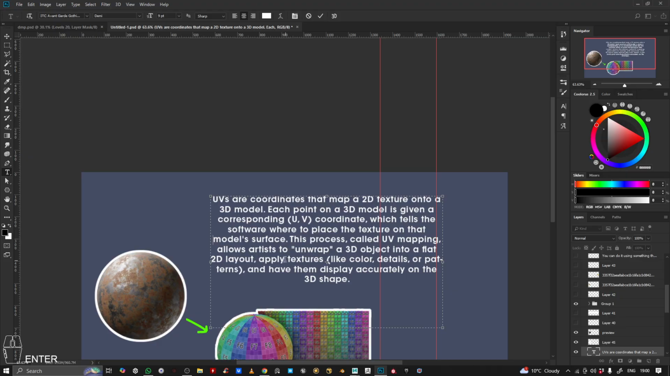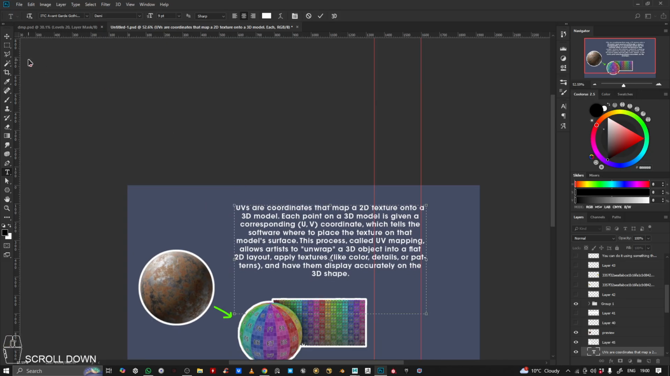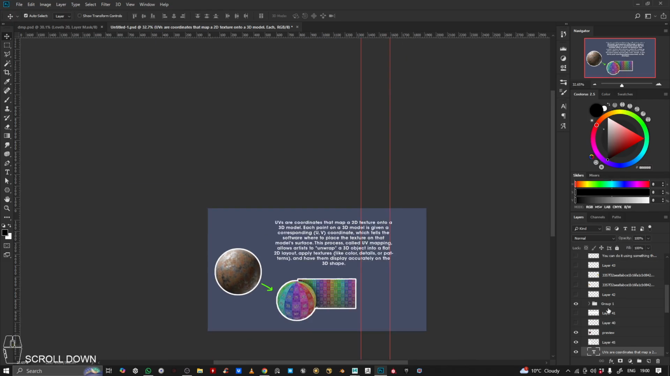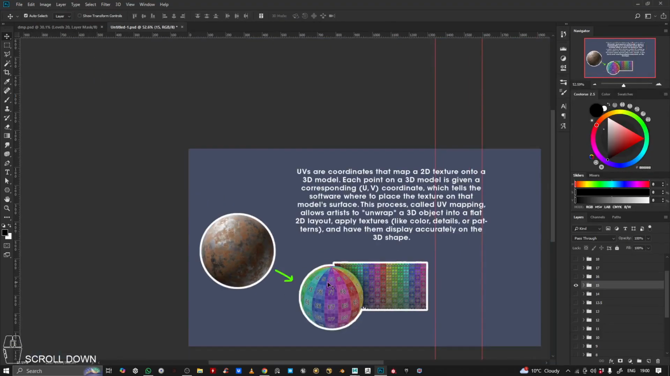This process, called UV mapping, allows artists to unwrap a 3D object into a flat 2D layout, apply texture, and have them display accurately in the 3D shape. Okay, don't worry if this is confusing. Anyway, long story short, if you want to apply a based image